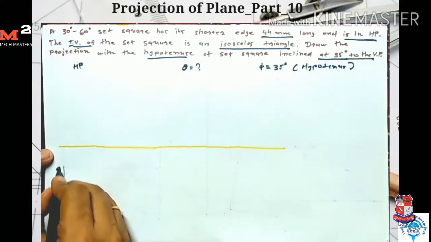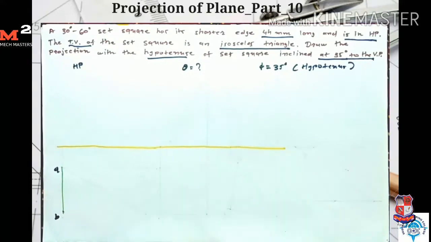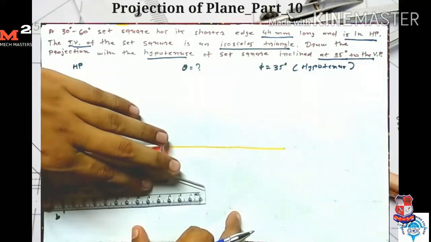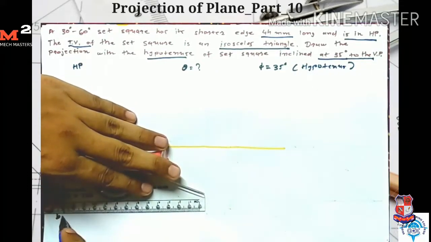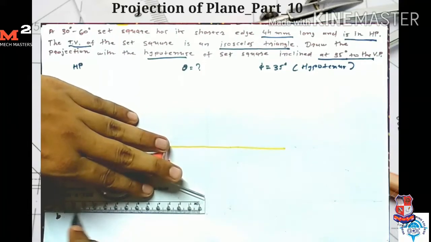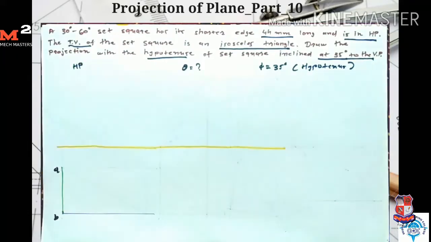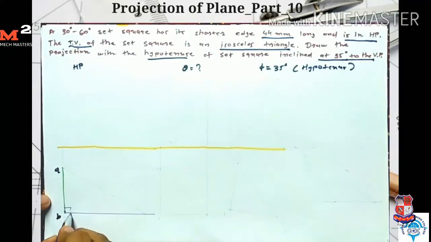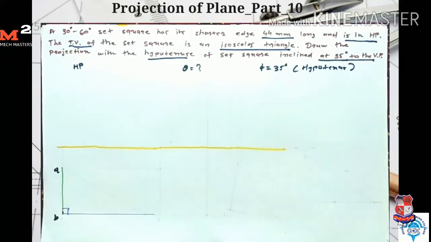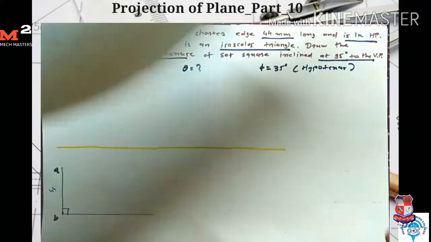I give the names A, B. Now I draw one perpendicular line to the side AB. Because it's a set square, I draw one perpendicular line here. This angle is 90 degree. Now here we don't know the length of the longest side. In the question the length of the shortest side is given. AB is equal to 44 mm. But the length of the longest side is not given. But if we draw the set square,